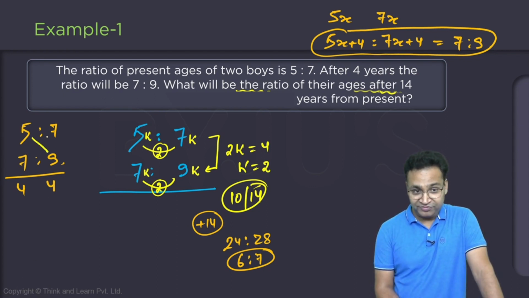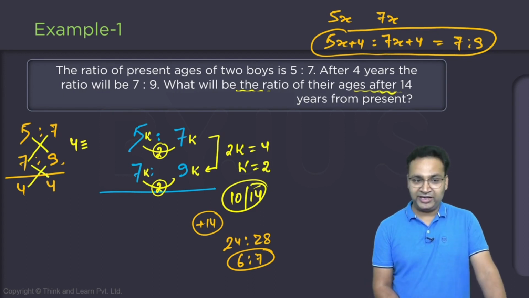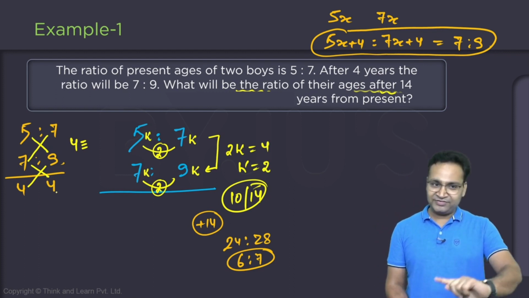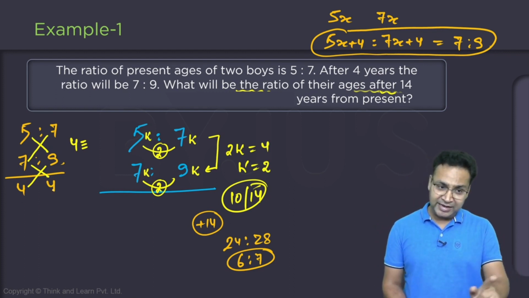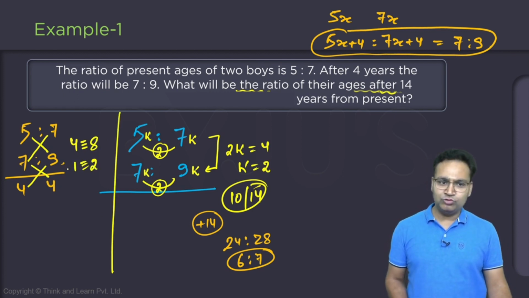5 nines are 45, 7 sevens are 49. 49 minus 45 is 4. Clear? 9 fours are 36, 7 fours are 28. 36 minus 28 is 8. So if 4 is equal to 8, then 1 is equal to 2, the 5 is equal to 10 and 7 is